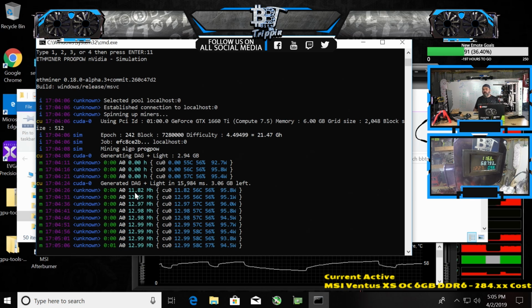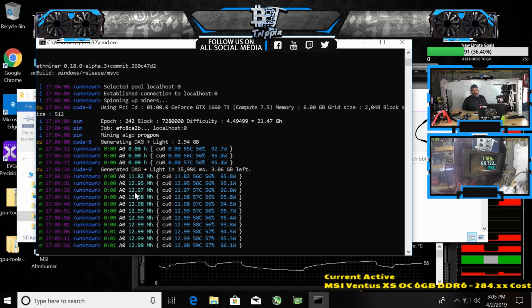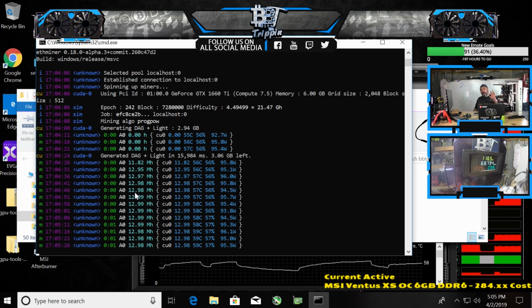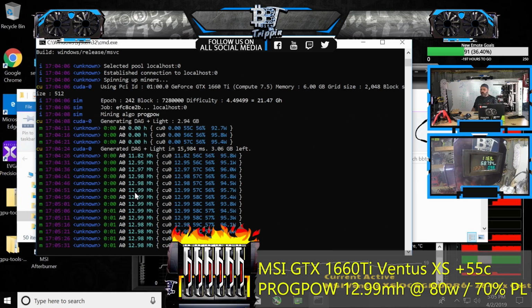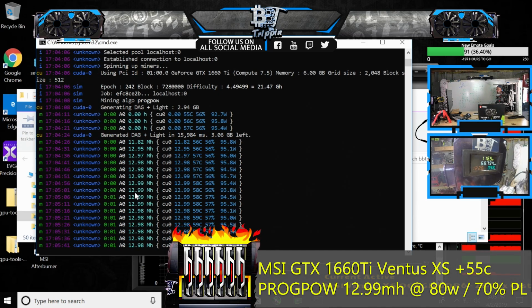On ProgPow, you are going to have an impact on your hash rate if you take away something from it. And that's the entire point of the algorithm, that it's not a zero-sum game when it comes to power adjustments. What you put in is what you're going to get out. It's just a question now of what's the most efficient output for what hash you can get out of it. That's pretty much the same with any algorithm, but it's a lot more linear with ProgPow. So now we're at almost 13, 12.9,